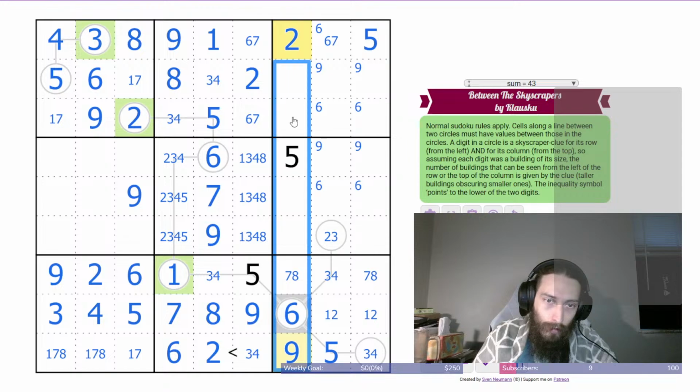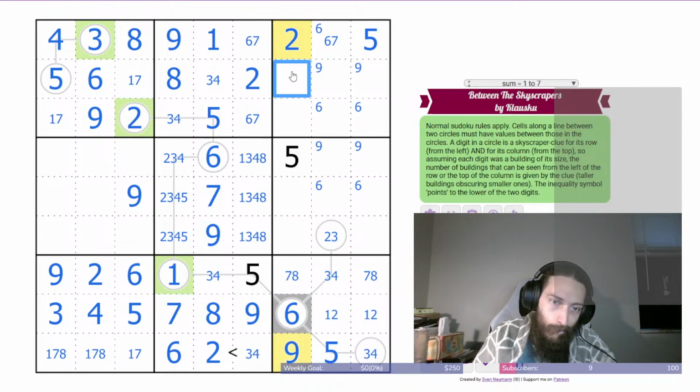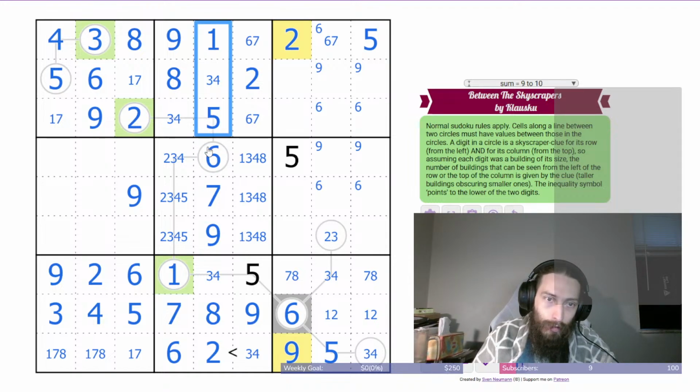Wherever the 1 is, it cannot be seen. This 6, 1, whatever, 5, 6, 7, 9. It's done from that direction, but from this direction,